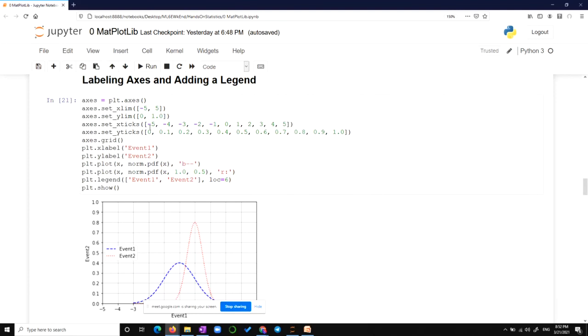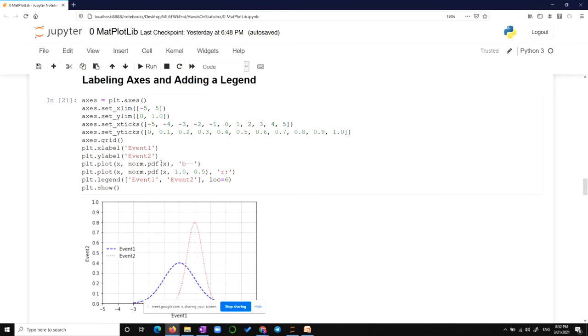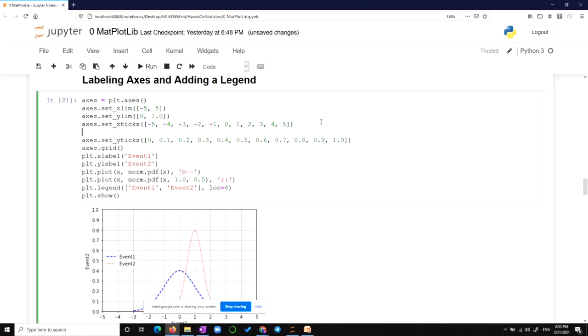You set the limit from -5 to 5 on the axis. No, the ticks are only needed if you want to modify them. Otherwise it's not necessary, it is given automatically. But when you want a certain tick to be visible, then you would use that.